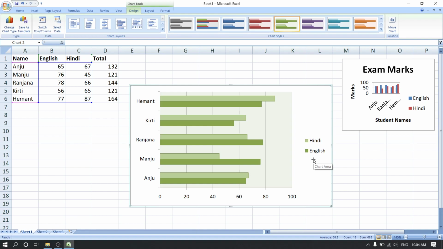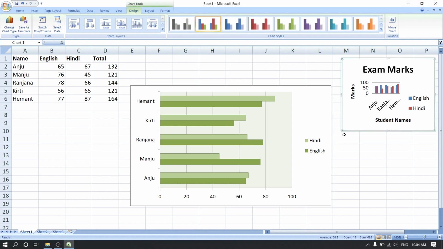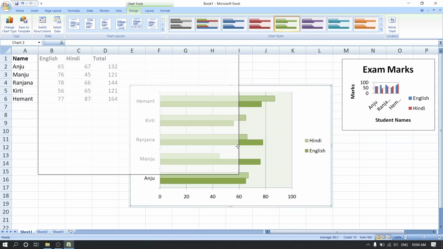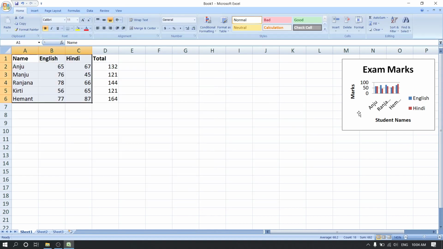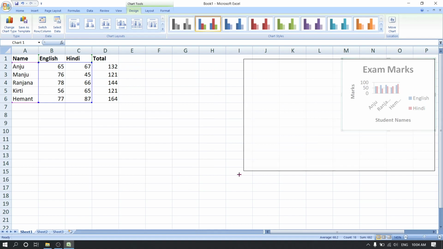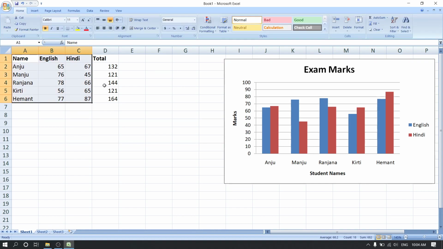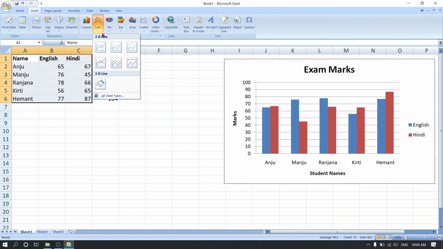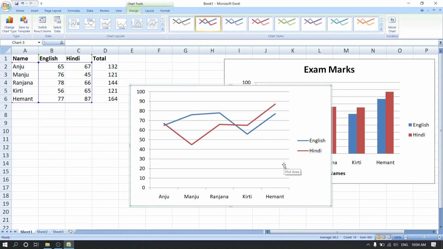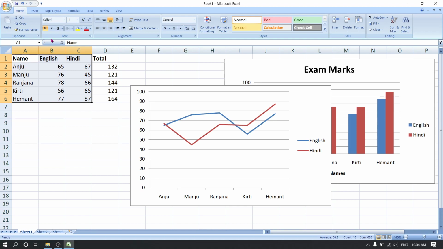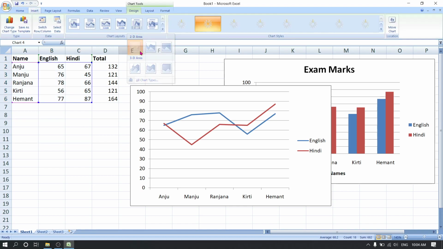Next is the column chart. Column chart is this one that we first used, that we have used for the first time. So next is a line chart. How do we get a line chart? We take the required area and go to the line and draw a line chart. So this is the line chart. Area chart, for area chart similar procedure. From here go to area and get an area chart.